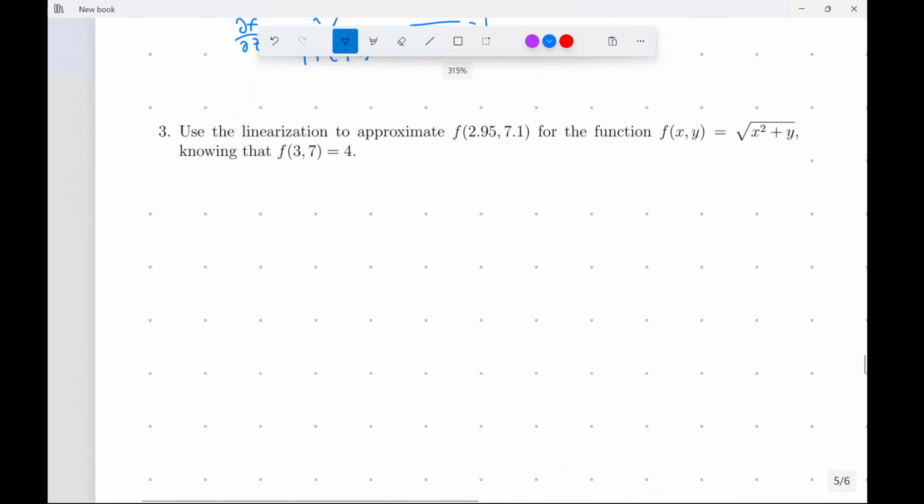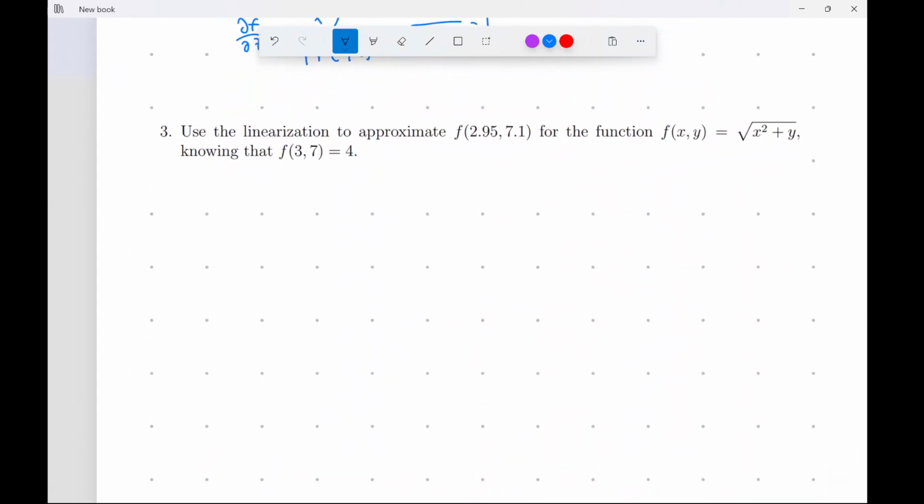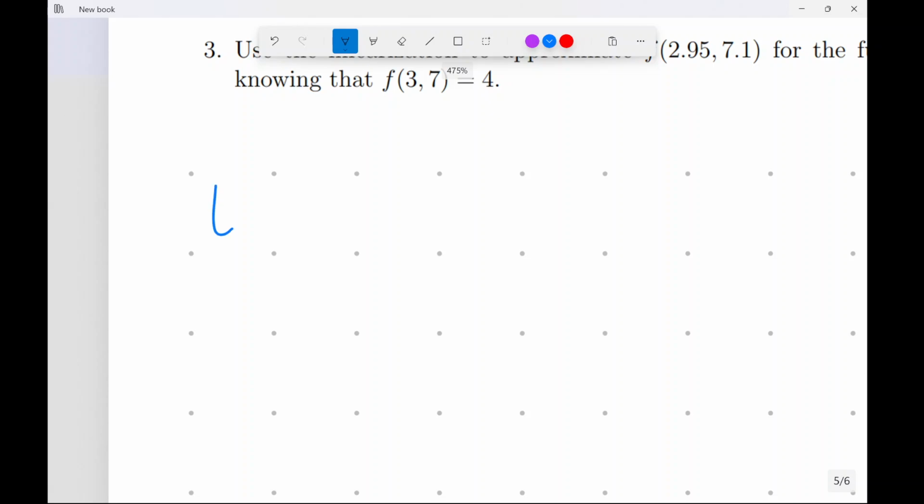Okay, number 3, use the linearization to approximate f of (2.95, 7.1) for that function, knowing this. Whenever we're using a linearization to approximate a function, it'll probably give us two points. We want to find the linearization at the nicer point. We'll find it at (3, 7). We'll say L of (x, y)